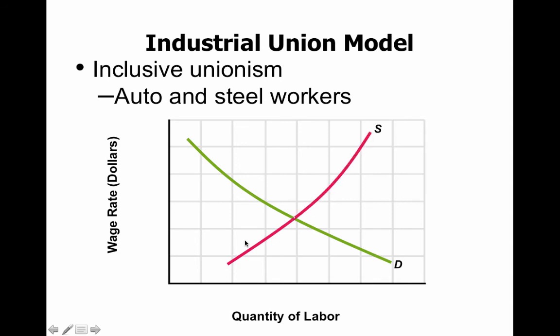The opposite is an industrial union. So an industrial union is a situation where they try and get everybody, low skill, high skill, medium skill, they bring everybody into the union. And they basically, so auto workers are a clear example here, they basically then say, look, everybody who is involved in making a car, they're in our union. If you want to make a car, our union has to be involved. And what that does